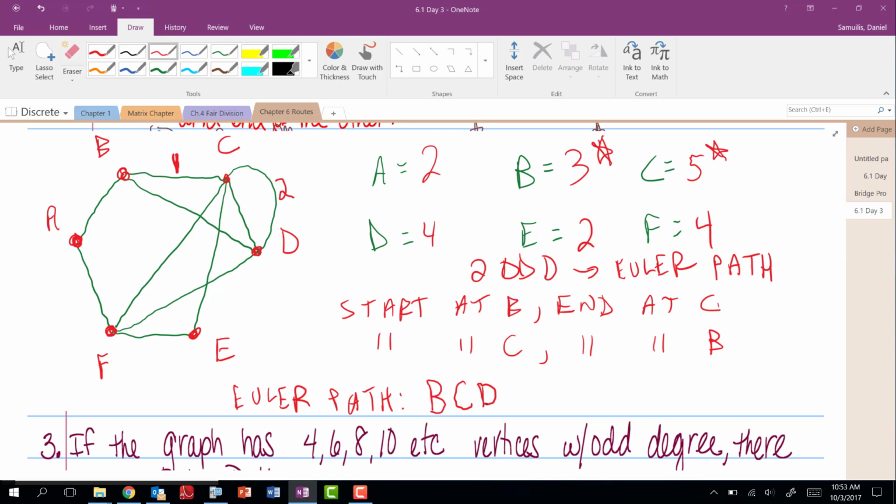Did they denote a path? Is every edge used? Now, I have 2 possibilities. I could go to C. I could go to B. I could go to F. I'm just going to go to F. So I'm going to put a 3 there.